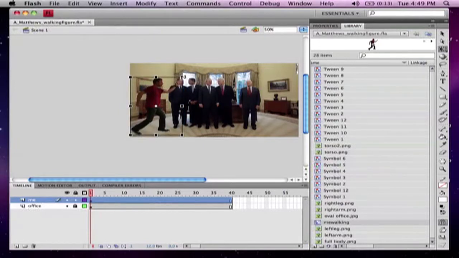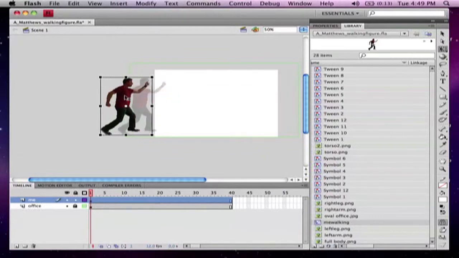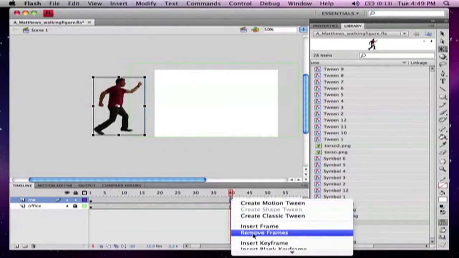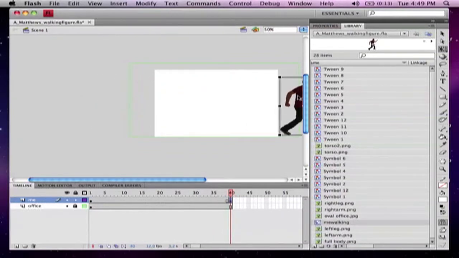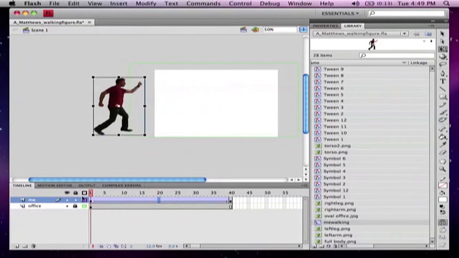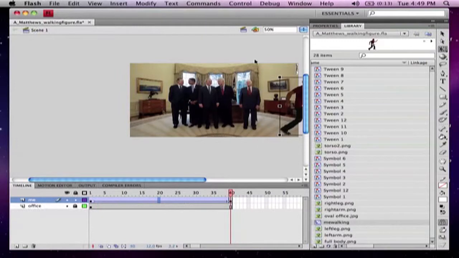Right. So there's me tweaking the size, and I don't know if I'm on the stage or not, but when I do that, you see, I can see that I was actually on the stage a little bit, and I put myself off to the side. So I'll put a keyframe onto frame 40, drag myself across the stage, and that's really about all you've got to do. Once you put in your classic tween, drag it about and make sure that it's doing what it's supposed to do. I slide across. Now notice that my limbs don't move yet, but when we test our movie,